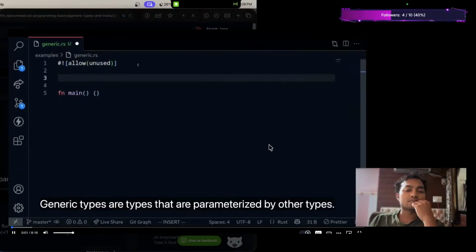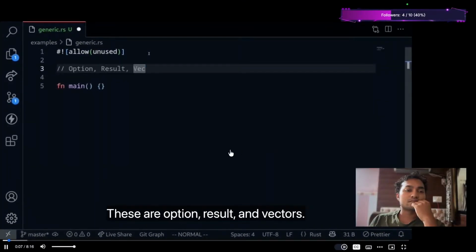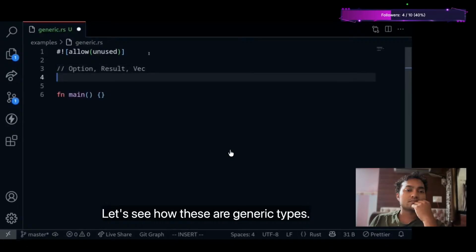Generic types are types that are parameterized by other types. We've already seen 3 examples of generic types. These are option, result, and vectors. Let's see how these are generic types. How are they